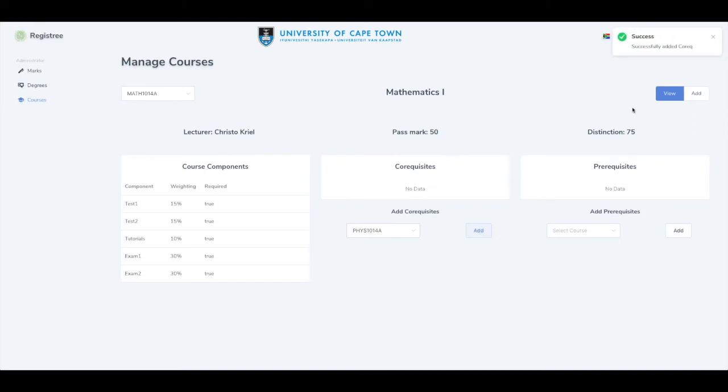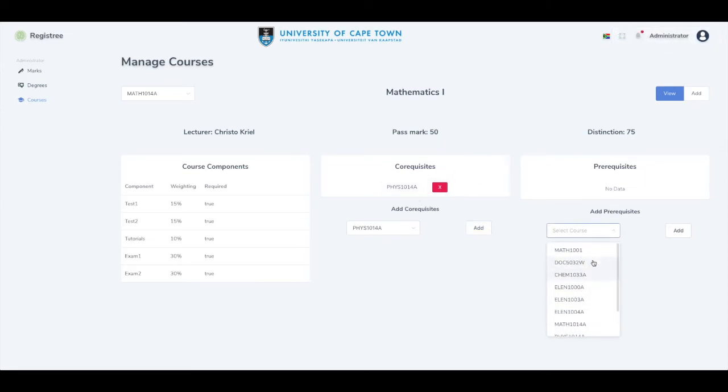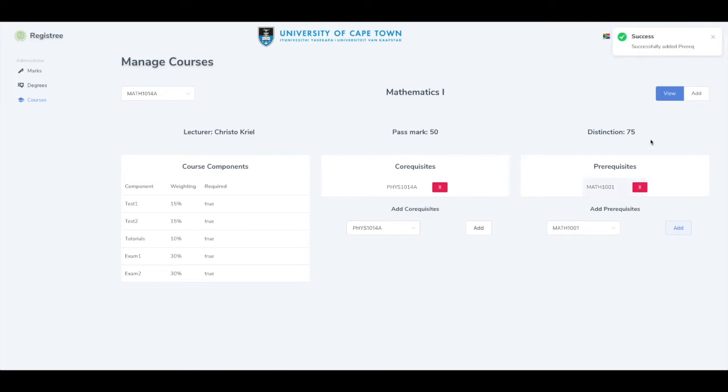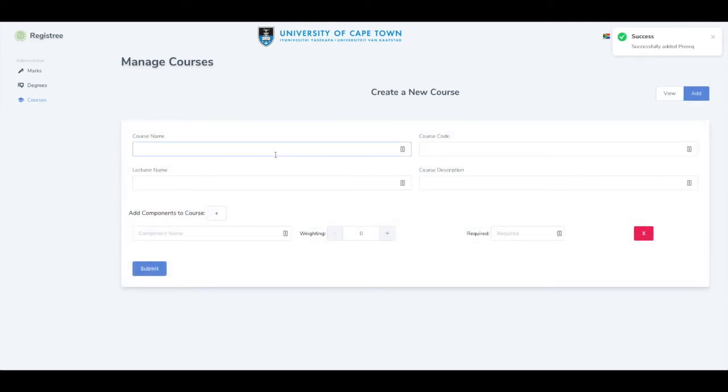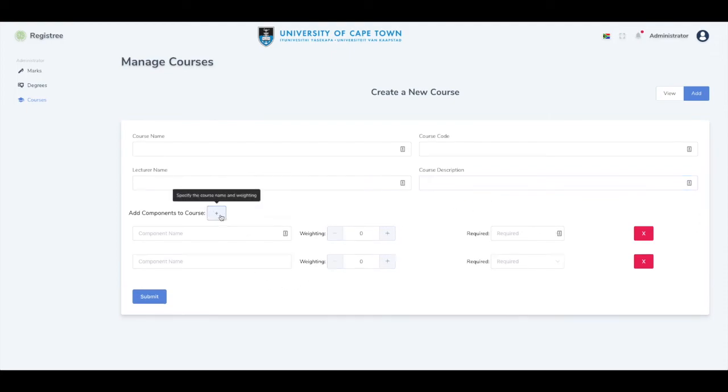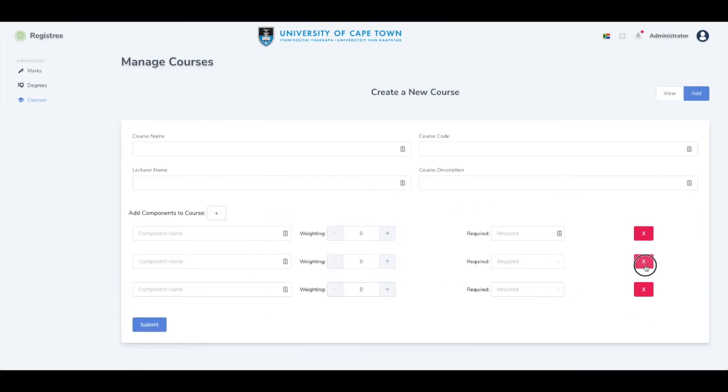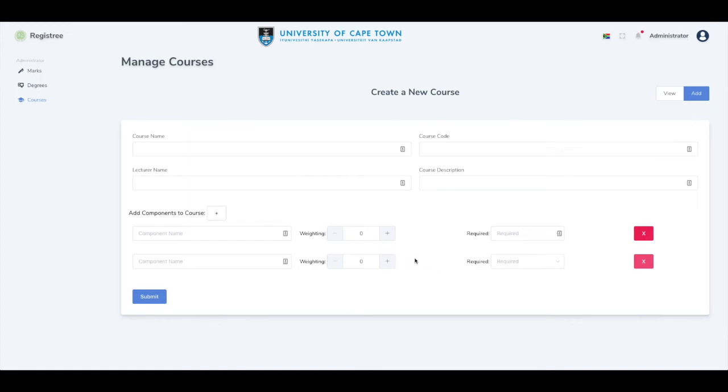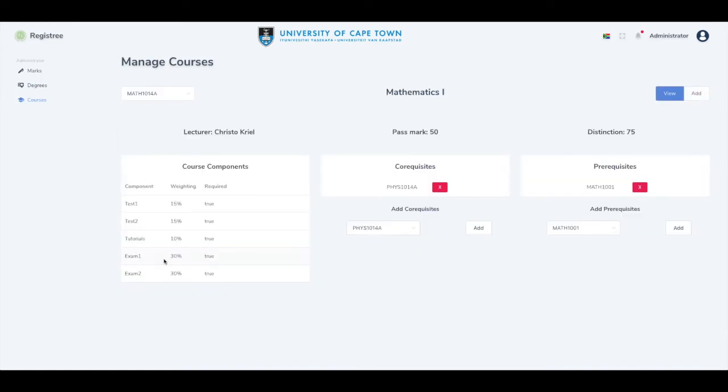We click add, and when the co-requisite is added to the blockchain, we get a notification and it's added. Let's say that math 101 is a prerequisite. We can add that here and it will now update on our system. We can create a new course by specifying the course name, course code, lecturer name, and course description, as well as adding whatever components one might need, such as tests, exams, tutorials, and laboratories, and that information would then appear